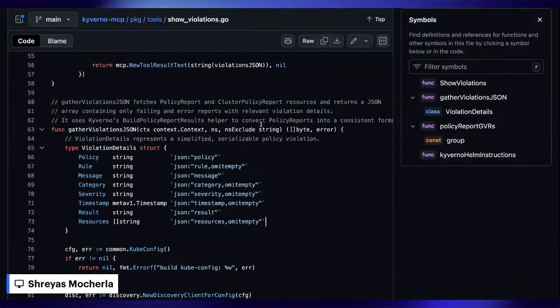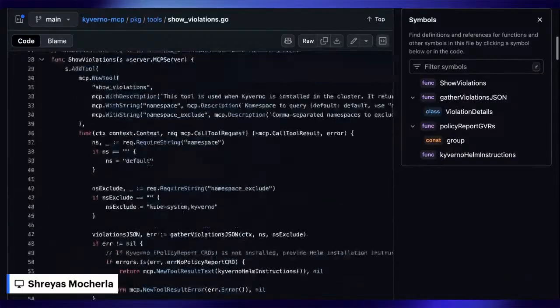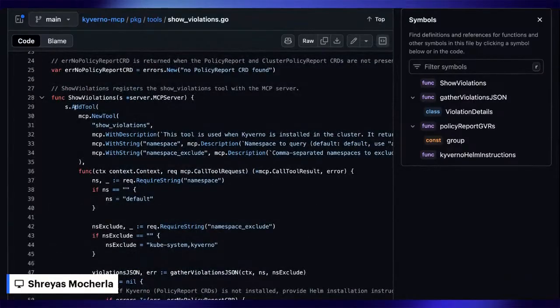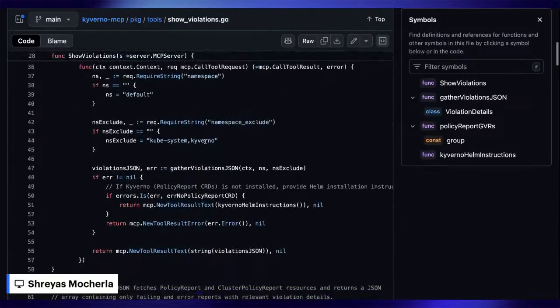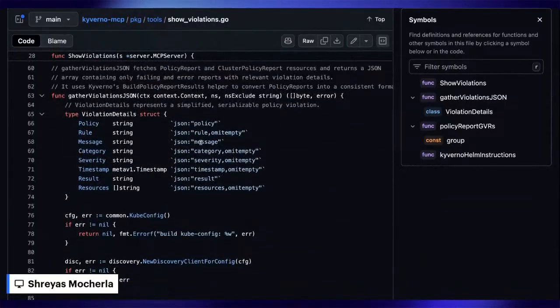So that is literally all we're doing here. Similarly, just like we created the new tool for apply policies, we're doing that for show violations as well. Also a description with two parameters that we're accepting, right? Namespace and namespace exclude. So that's basically how we've implemented both of these tools.